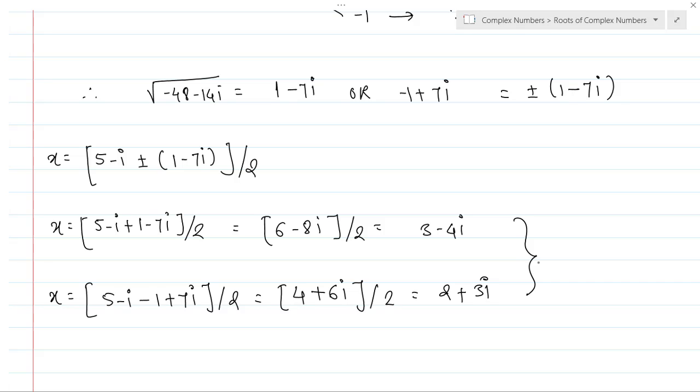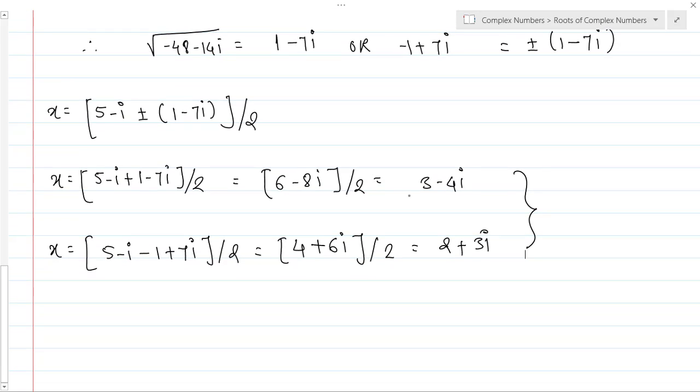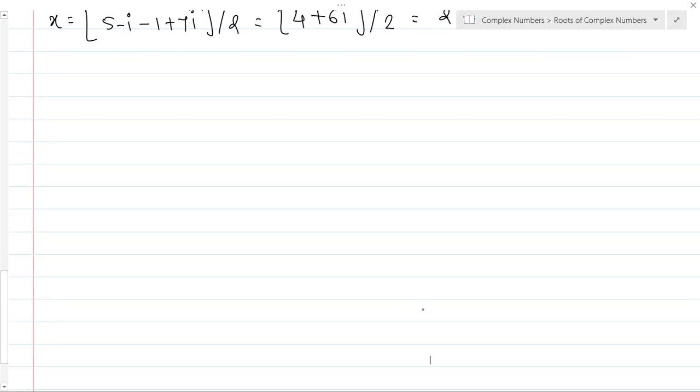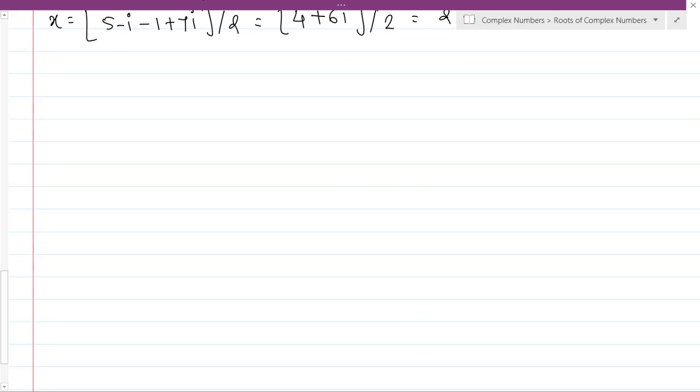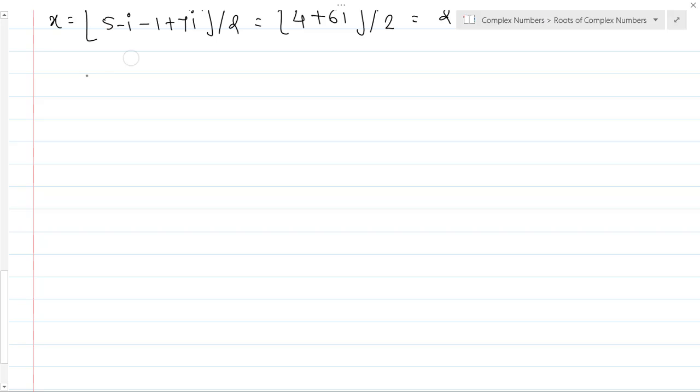Very good. Now what is the next question then? So of course the last question we always keep for homework. So let's take the fourth homework question here. So let me write the fourth question. The fourth question is (2 plus i) x square minus (5 minus i) x plus 2 into (1 minus i) equals 0.